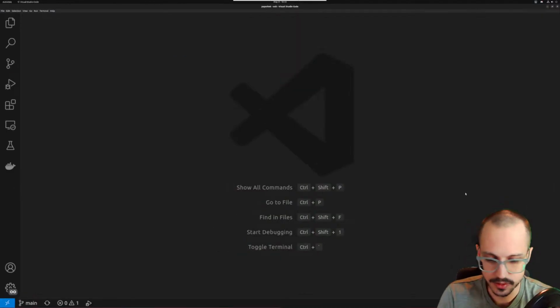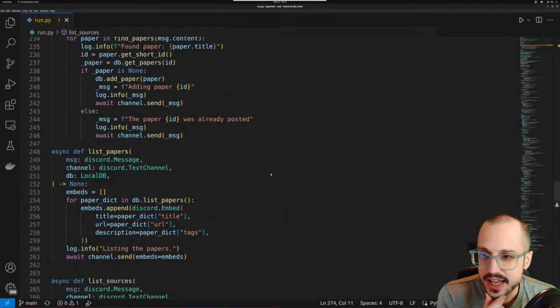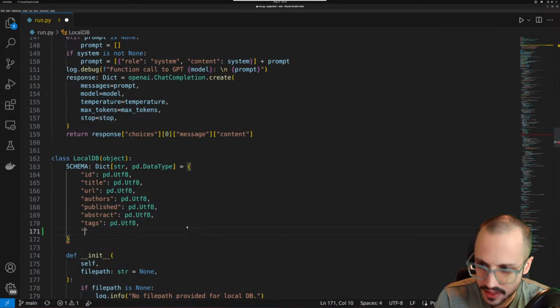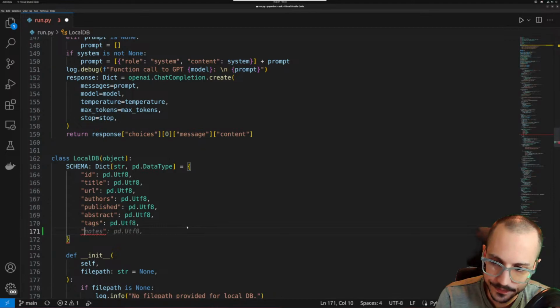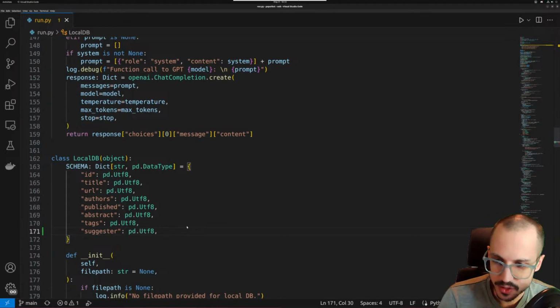All right, so let's open up our run.py. Let's add a new column into our database schema. We're going to call it suggester, I guess. Suggester,